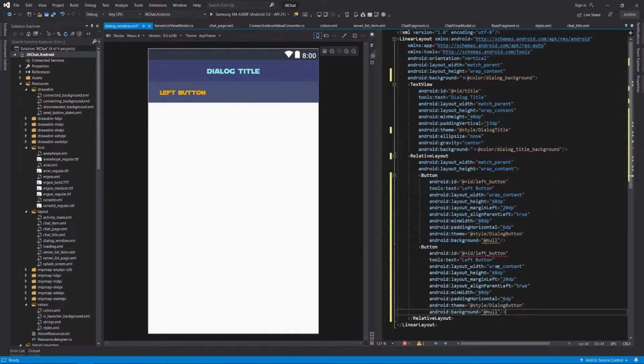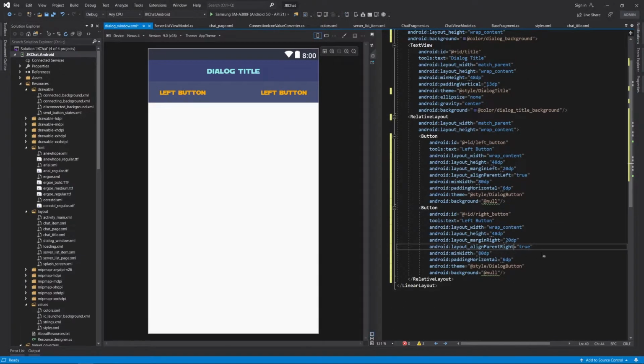Let's copy this. Let's set margin right 20, ID right button, align parent right. Yeah, that's it. And let's move some properties to dialog button, like background,